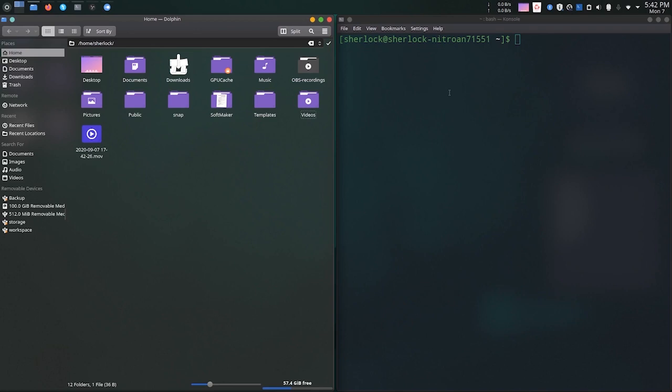In this video, we will see how to navigate through the file system in a terminal, with a side-by-side comparison of a GUI version, a file manager, and a console. Currently, I am using Bash as my console. So let's get started.